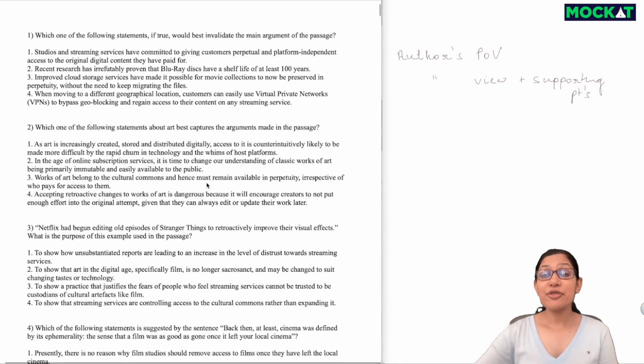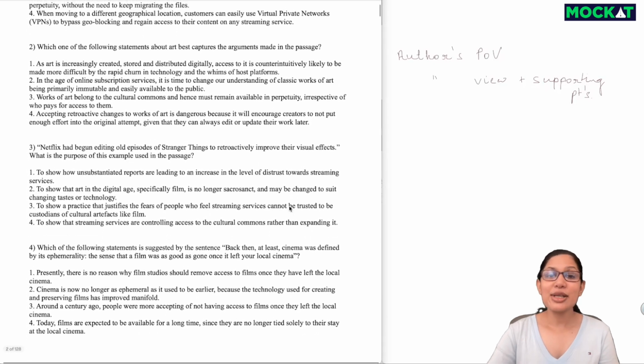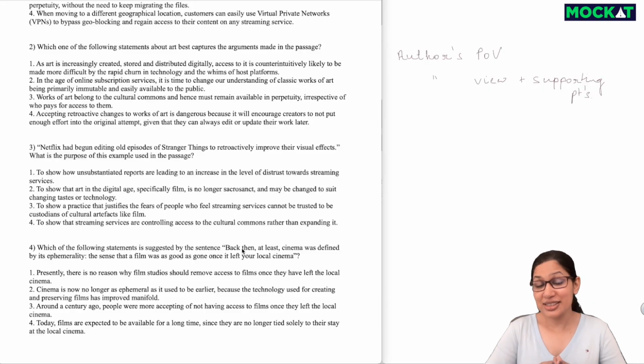Now for me, before I read the RC, I usually spend 20 to 30 seconds scanning just the questions. That tells me which parts of this 500 word long RC I should focus on. For instance, here, I can see that the first and the second question are inferential or big picture questions, which means that I need to lock in the POV to solve them. Whereas the next two questions have a specific sentence from the passage itself, which means that we've got to focus a little bit more on that part.